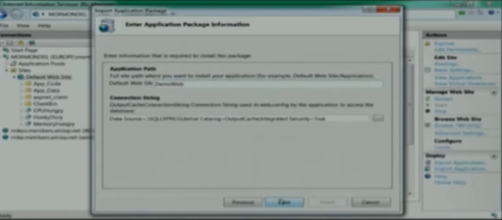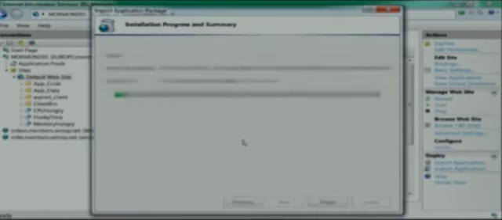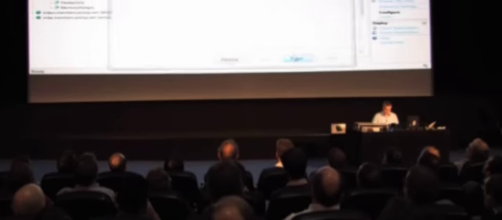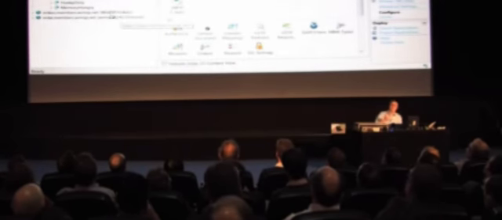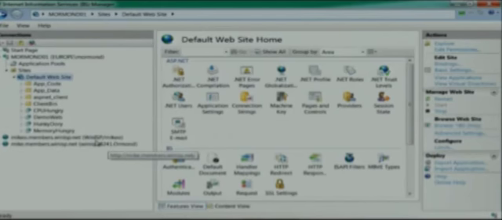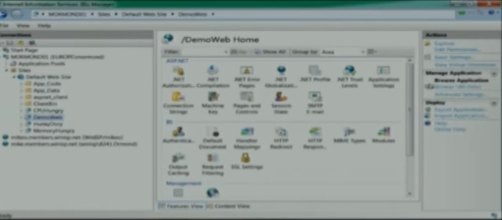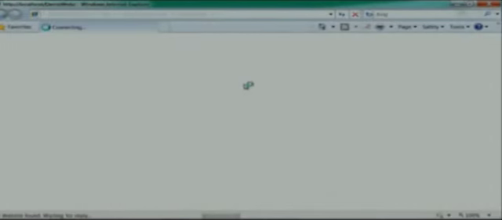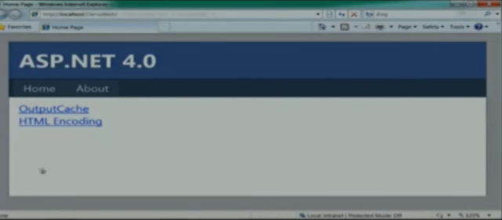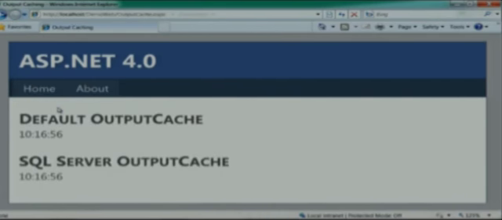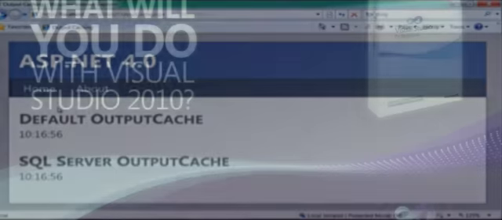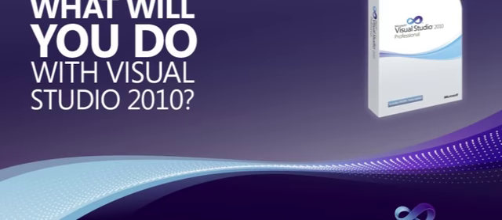Let's deploy it as demo web and deploy it as ASP.NET 4. And you'll see it has created for me an ASP.NET application under my default website, and hopefully if I just browse to it, it has deployed that application as well. Taking my life in my hands here, yeah, sure enough, that's working okay, and Output Cache is working as well. So it's a new mechanism for deploying your application settings, SQL Server schema, and SQL Server data as well. And I'll demo that tomorrow when I talk about